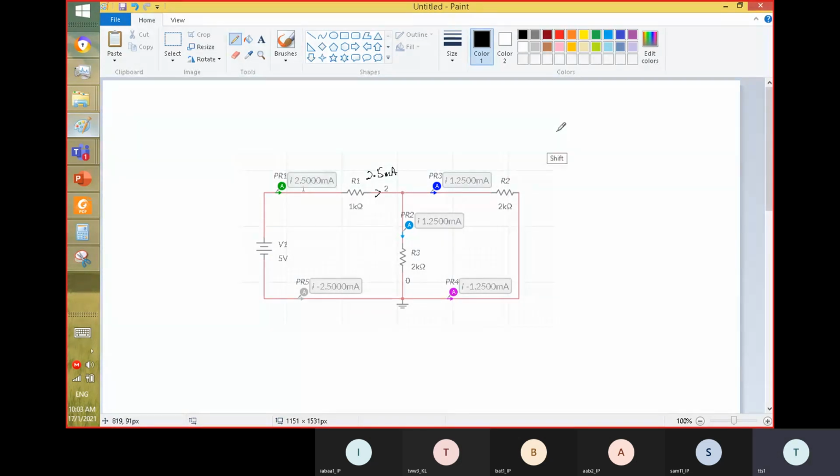If you want me to redraw again, 1 in into the node, 2 coming out. You can say one supply, two using. So this one is 2.5. This is why when you sum all the current in this node here,